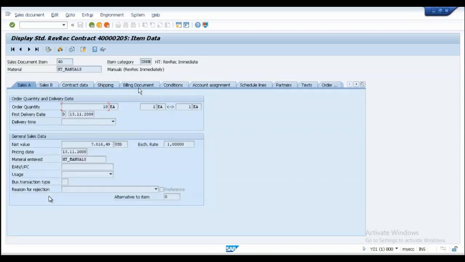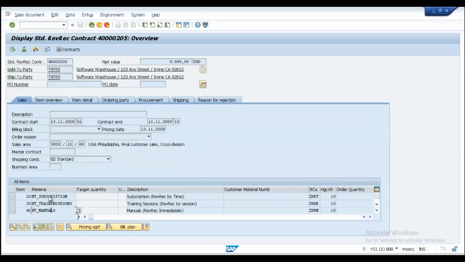is no billing plan. Normally if there is a billing plan, there will be a separate tab available here for billing plan. Or if you click on this line, you can click on this billing plan. It will tell you if there are any billing plans available. What is the billing plan? As I told you,